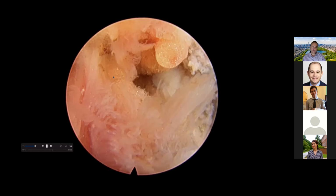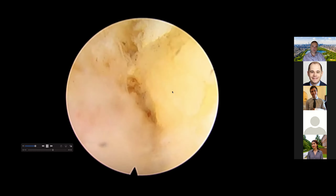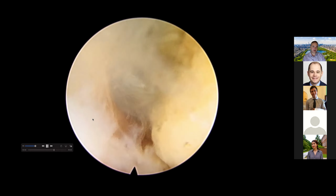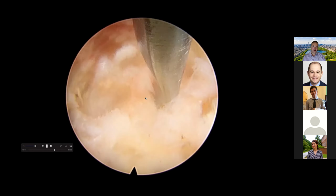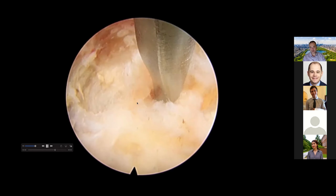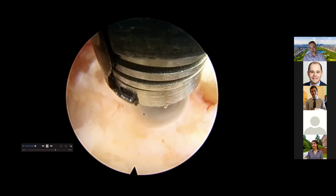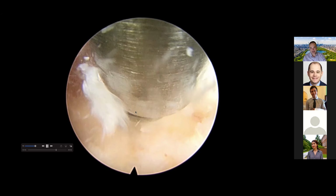And here there is bone, here is the ligamentum flavum. Here's the inferior articular process, basically the part of the facet joint, and we're drilling on it. As we go deeper, we are trying to dissect the flavum off the bone. I know probably on the screen everything might look the same, yellowish or whitish, but